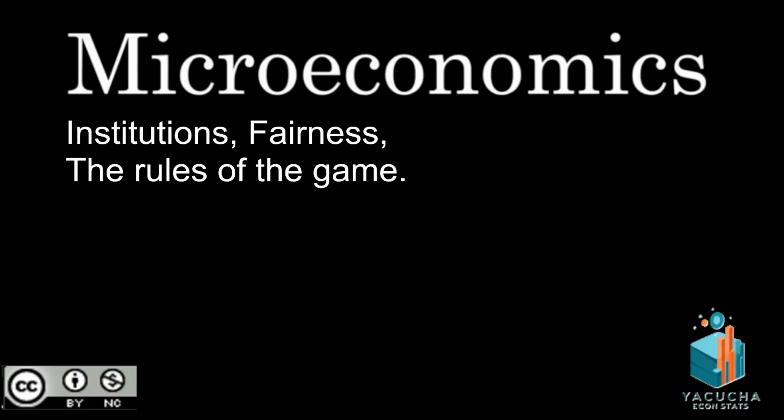In this video, we're going to cover the idea of institutions, fairness, and the rules of the game. The basic outcome is we're going to take a look at a series of about 6 examples of, hey, what's the difference between having the ability to have ownership of your land, that is property rights, and choosing freely how much to utilize your land for your own benefit, versus other various outcomes, such as forced slave labor, being forced into a take it or leave it contract, some tenancy arrangements, or being able to use the legal framework or the democratic framework to change the rules in your favor one way or another.